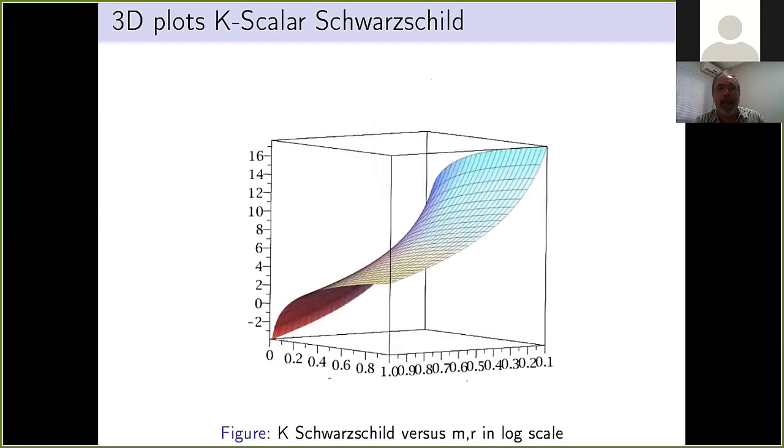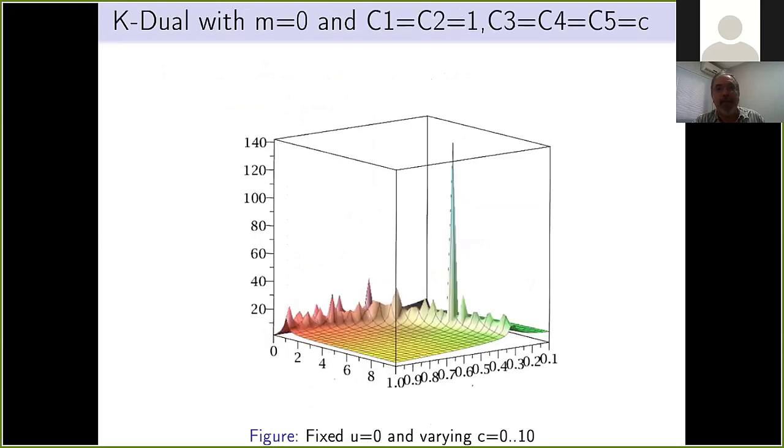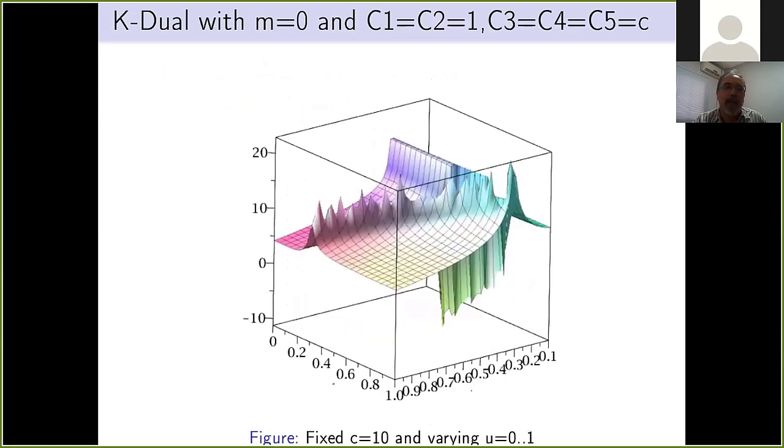Okay. For example, for the Schwarzschild Friedemann scalar, you have a smooth surface, but for the dual metric Friedemann scalar, you have a non-trivial structure. For example, fix the cosine of theta equal to 0 and vary some constant. Another different structure you have here, however, is fixing one constant but varying the cosine of theta in the interval. Well, we have in this case